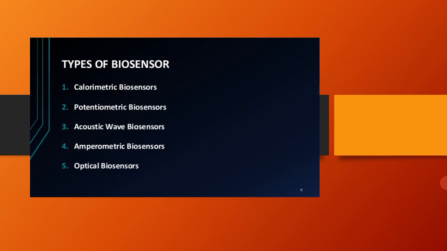So the first one is the colorimetric biosensors. As we all know, the colorimeter is responsible for determining the color, the absorbance, the color change. We measure the color change as light passes through, and it will capture the concentration depending on the colors. That same thing will work here. So first we will see the colorimetric biosensors.